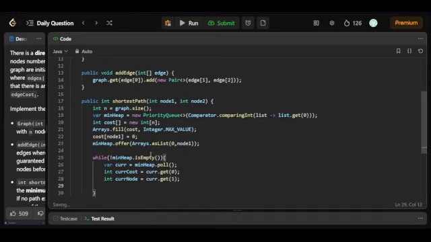Okay, and then if my current cost is greater than the cost for reaching that particular node, cost at that current node, I'll be just simply continuing,